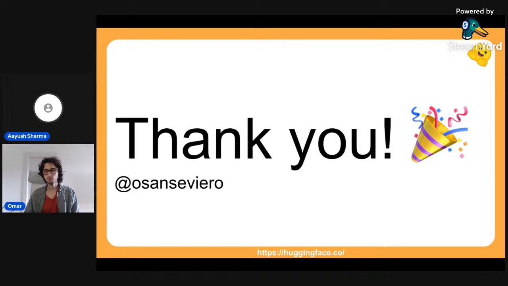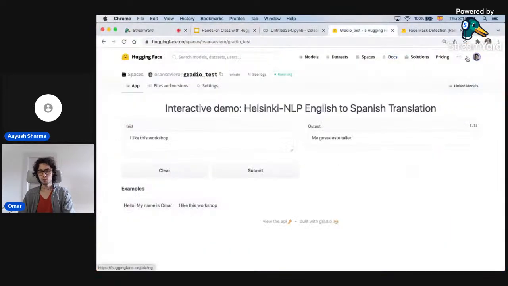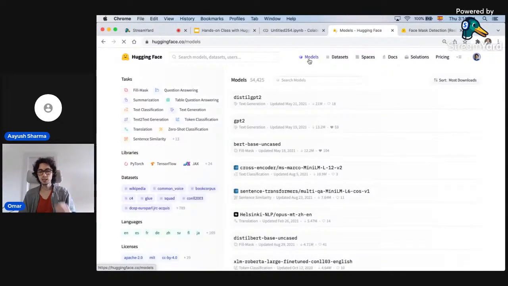We have one question from Gunjan. Can we upload large model datasets on Spaces repo? Is there a limit for free tier? Yeah, so we have these three verticals, right? If you want to upload a model, you would create a model repo. So you would click new model, and you will upload this model in a model repo. If you want a dataset, you would have a dataset repo, or if you want just a demo, you would have a space demo. In terms of size, there is no limit.